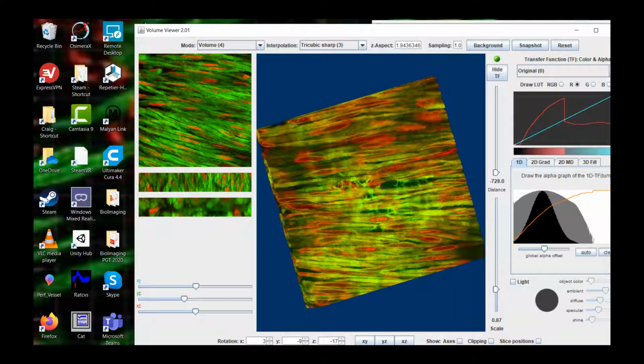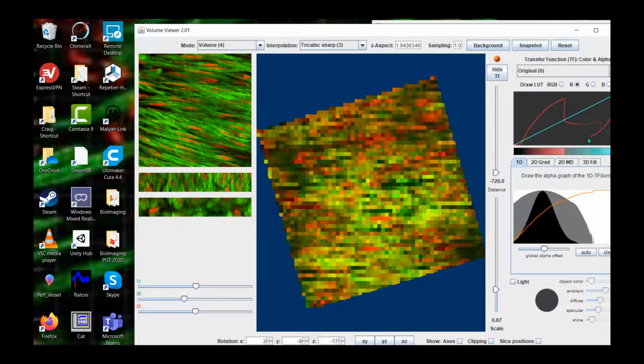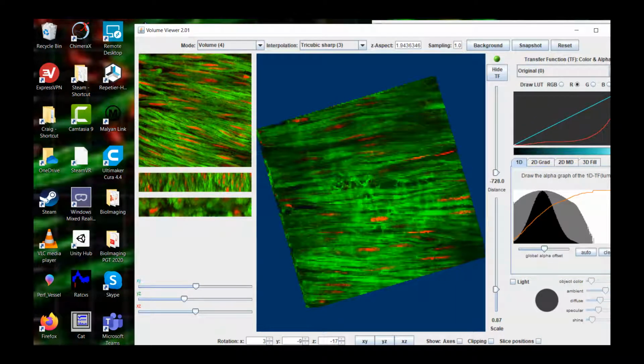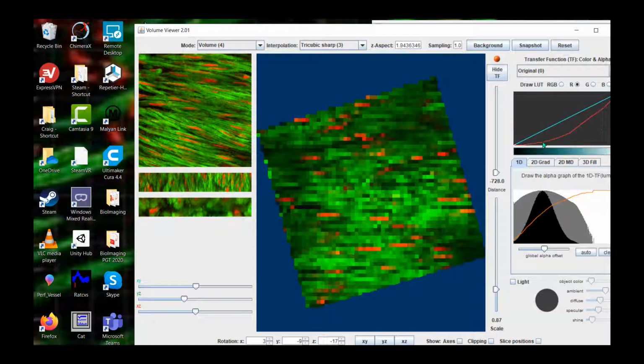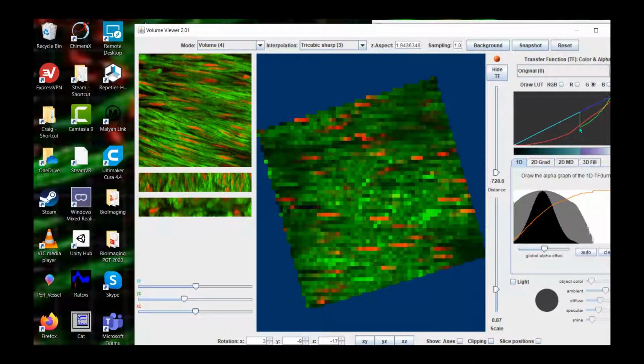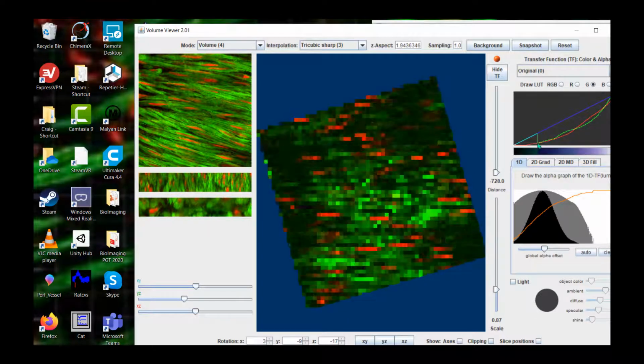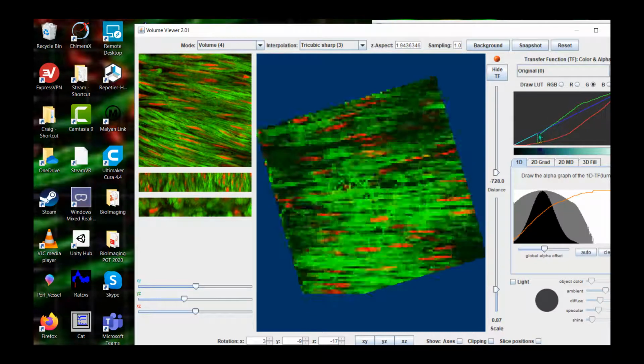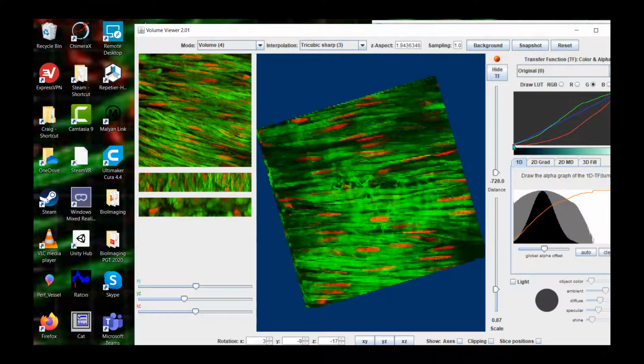So probably what I want to do, and for every data set it will be different, I probably want something like that. For the green channel, maybe something similar. That's maybe too much. So you can play with the lookup table intensity here.